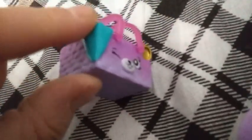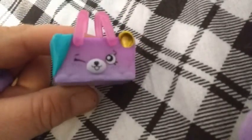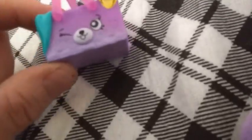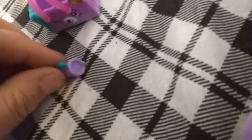We have a little bit of a blanket that drapes on the top part of our basket that is in a teal color. We have a winking face that's a bear, and then one of the bear ears is painted in that metallic gold that matches the car. So we also have another cup